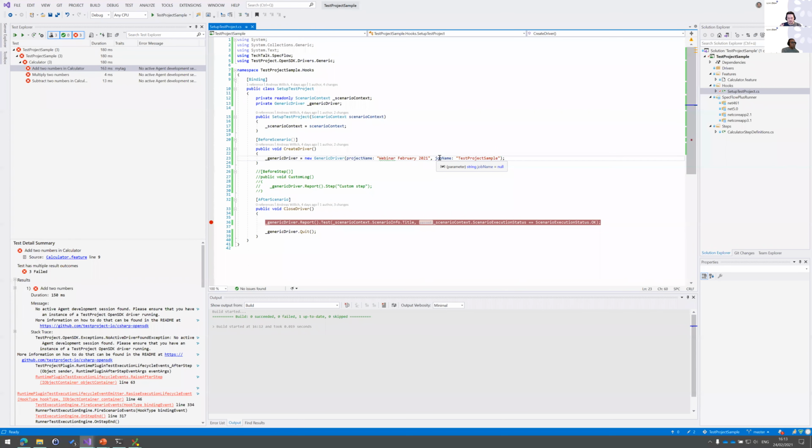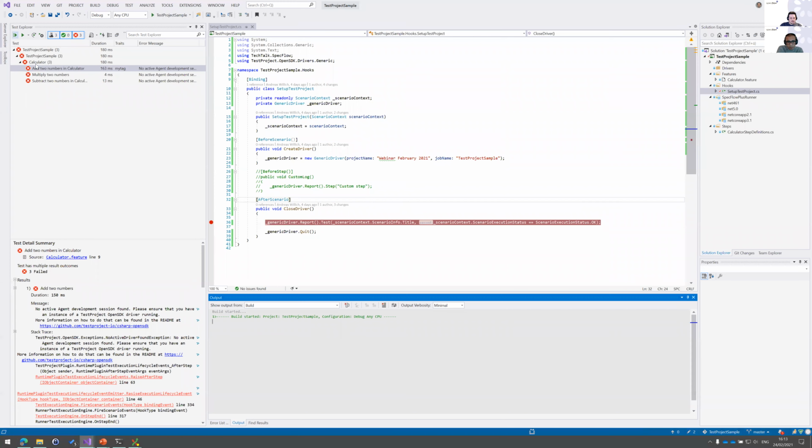Depending on the runner and everything, some of the parts are taken automatically from your code. Sometimes you have to specify it manually, or if you want to have something different. And the other thing is in the after scenario, you need one call to report test and quit. That's it. And when we run this now,